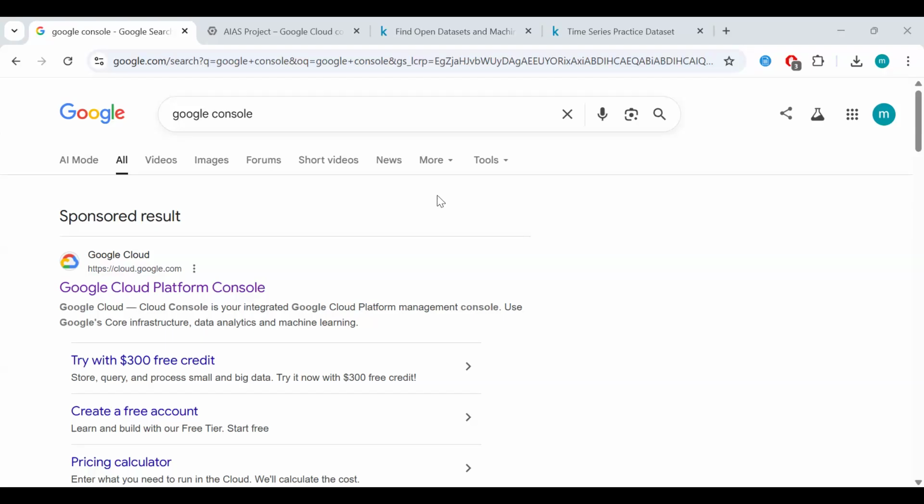Like we said, we'll be looking at Google Cloud's platform console. This is where we'll be doing a lot of the practical throughout this course for the most part, and I will try to introduce it as best as possible. Naturally, you go to Google and search for Google Console, and then you click on the Google Cloud Platform.